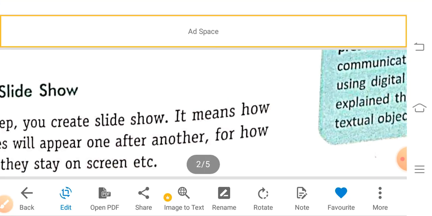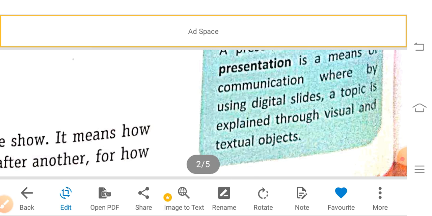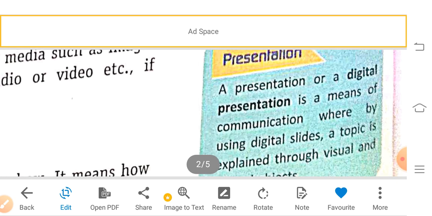Now we have to see what a presentation is. A digital presentation is a means of communication. That is, what we want to communicate, by using digital slides a topic is explained through visual or textual objects. Because there are different kinds of communication.